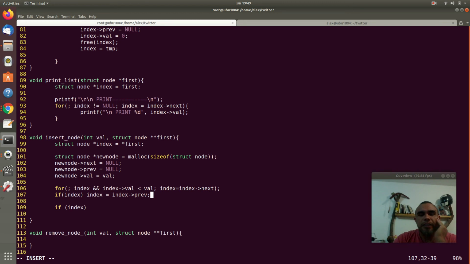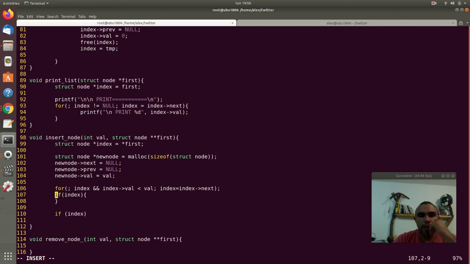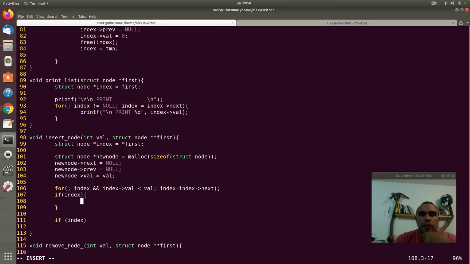I don't need that because if index is valid and I'm doing this, it means that I'm not yet at the last position. So it means that I can just point to the previous, and yeah. So index is in the 6th, but I want to do,